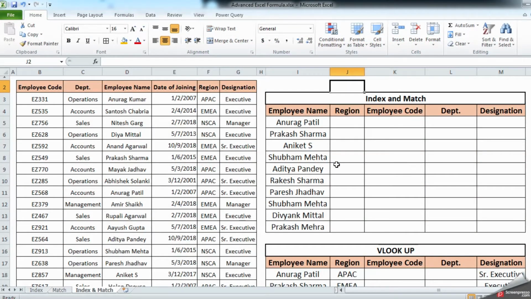In this video we are going to understand how to use the INDEX and MATCH formula. It's a very interesting, very useful and very strong formula in your day-to-day life. As you can see, I have a VLOOKUP formula as well. There are some constraints in the VLOOKUP formula because VLOOKUP can only look up on the right hand side of the value, and if the lookup is on the left hand side, this formula will not work.